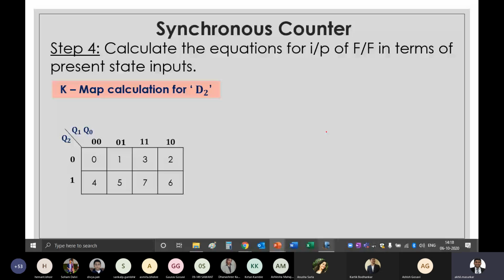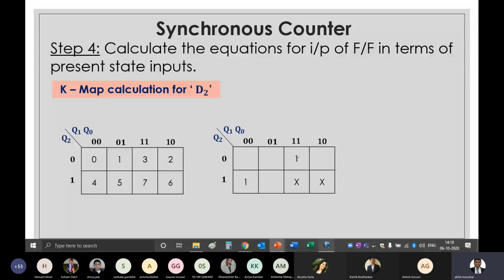So if you look at D2, these are the positions where D2 is 1, and the last two, you should note this, 6 and 7, are don't care pairs. So this is 1 and this is 1. Very easily we can say that this is one pair and this is another pair. So there are 2 pairs,